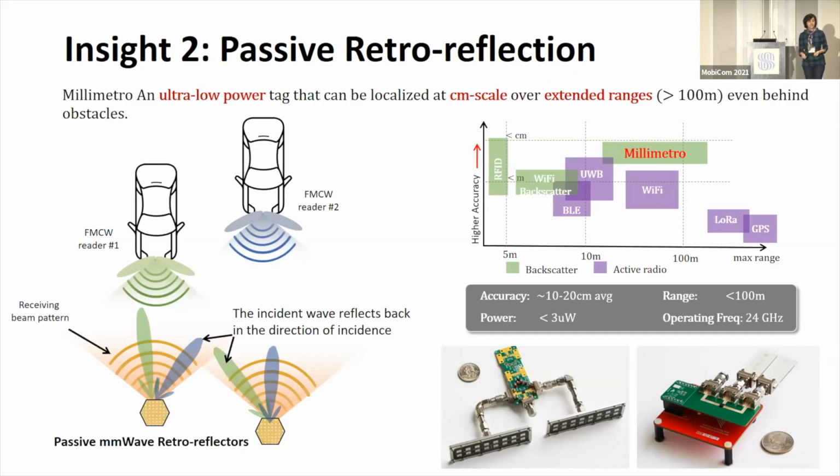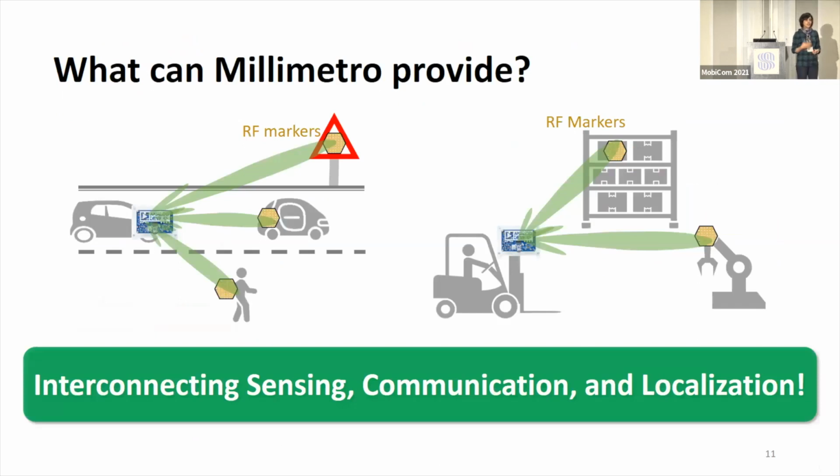We could detect these tags from very long ranges, like 100 meters or so. And at the same time, we can detect these tags with centimeter level accuracy across all those ranges. We call this system Millimetro, and you can imagine these Millimetro tags attached to the road signs, pavements, back of the bicycles. And then with these radars that we already have in the car, we can detect them, identify them,